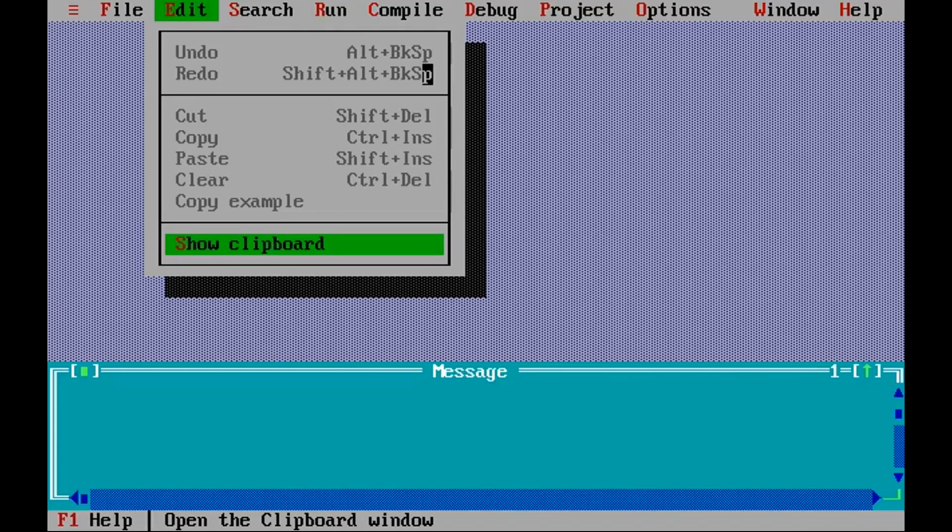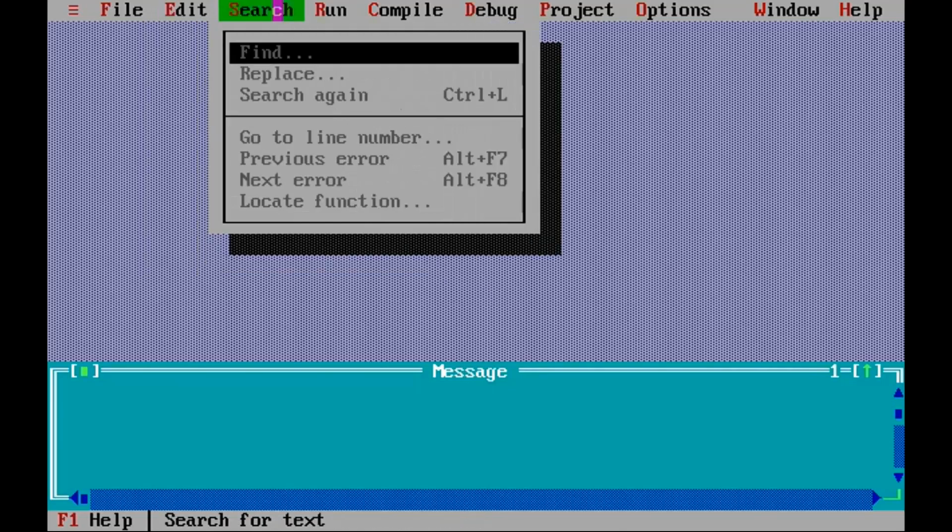Using Redo you can cancel the Undo operation. And for all these operations the shortcut keys are there. These are mentioned here. For example, for Cut, Shift Del, for Copy, Control Insert, for Paste, Shift Insert, and Clear, Control Del.